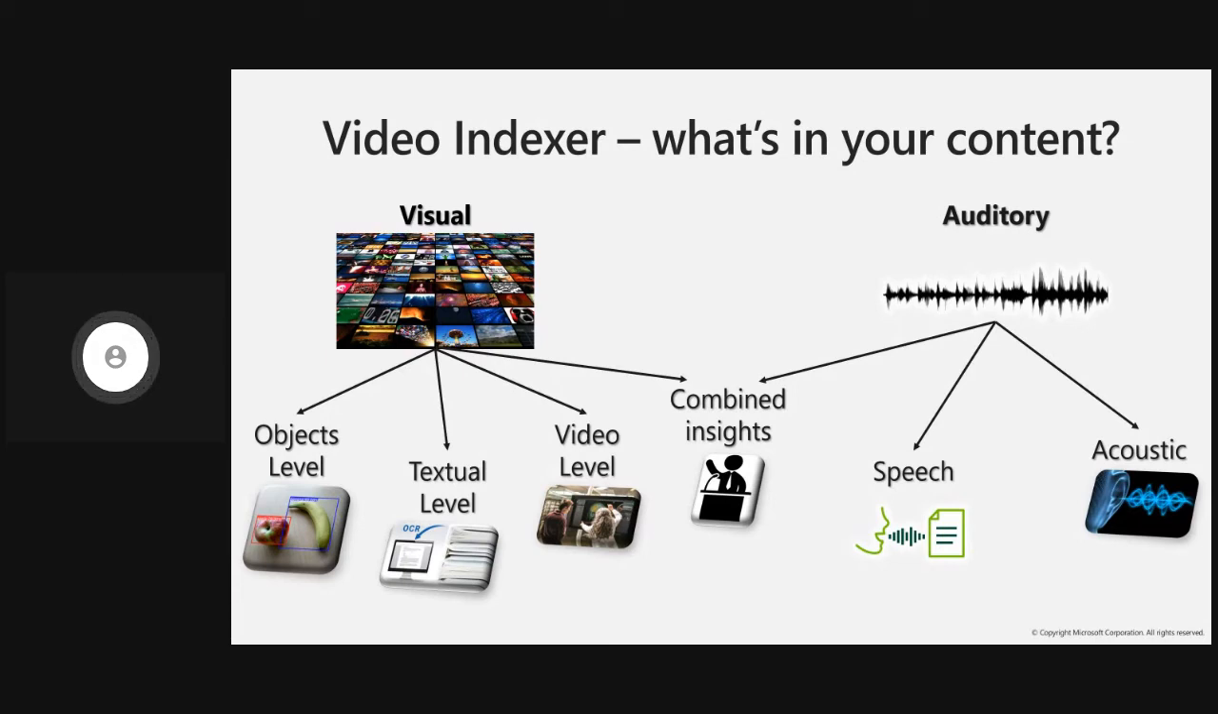So this is the translation. We have the speaker diarization, which means you recognize the speaker and when he spoke, and it gives you statistics about the different speakers. And you can see here the last one before we go to the live demo is the topics, which are both visual and audio